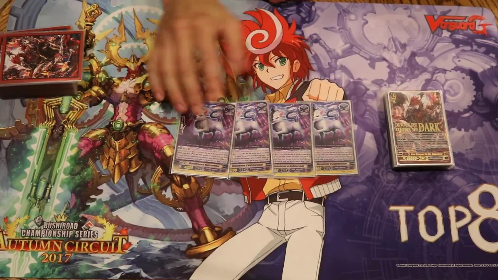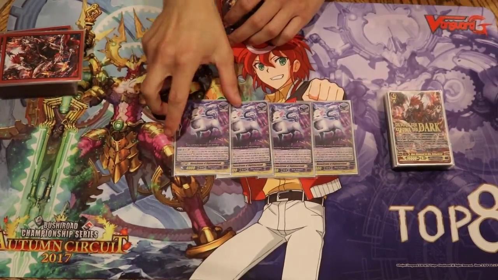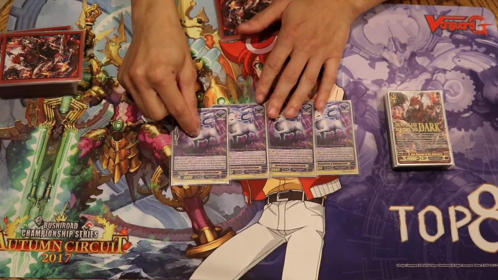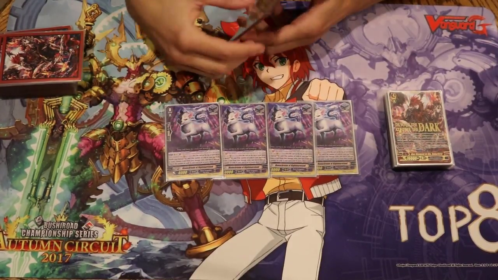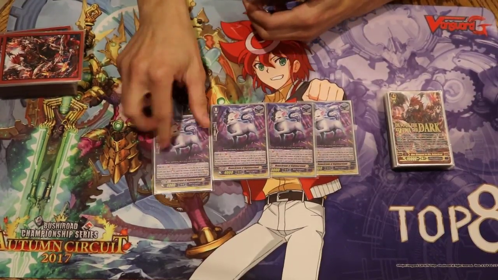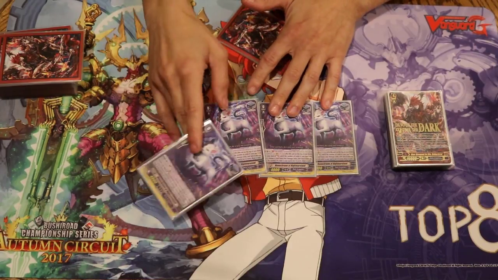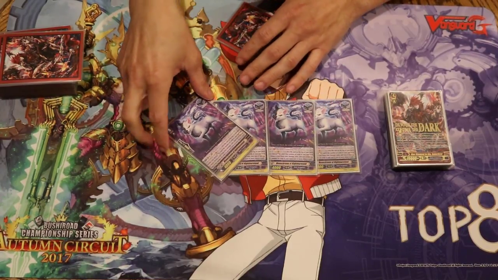Next, for Monochrome of Nightmare Land. Most stupidest card in the deck. Most stupidest. I love proper grammar. Literally, it makes your entire deck free. Everything is a Counterblast 1, and then